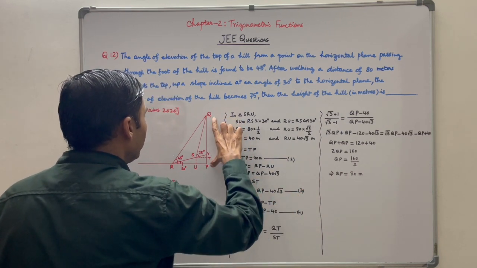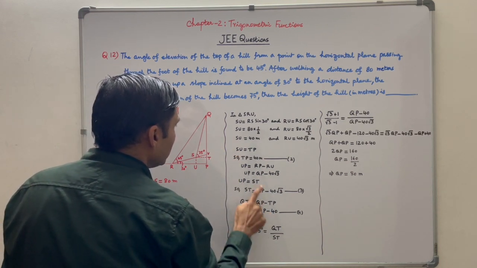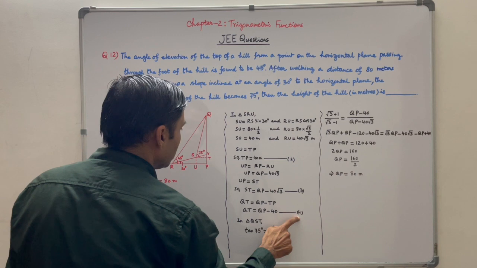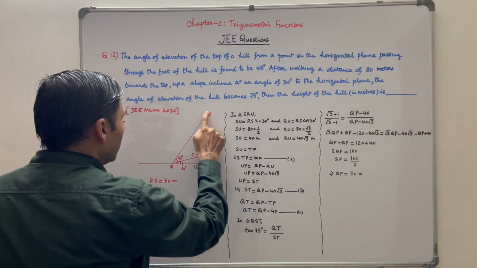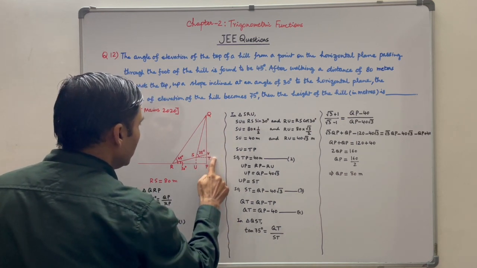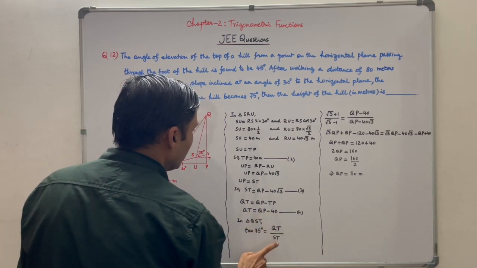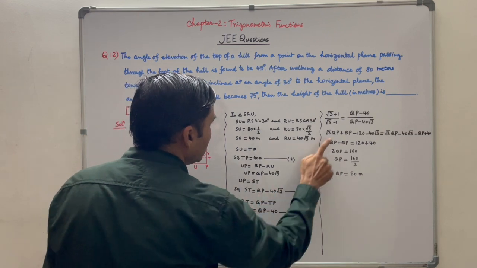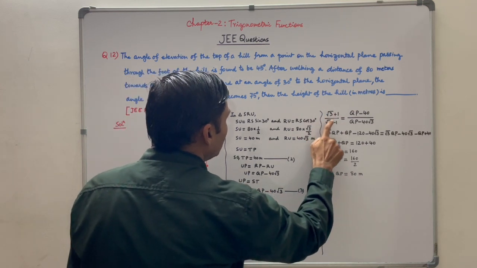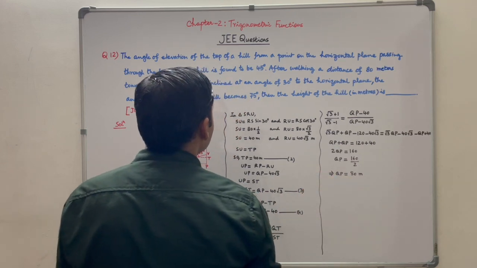QT is equal to QP minus TP, and TP is equal to 40 meter. So QT is equal to QP minus 40. This is our fourth equation. In right angle triangle QST, tan 75 degree is equal to QT upon ST. Value of QT is QP minus 40 and value of ST is QP minus 40 root 3. Value of tan 75 degree we know is (root 3 plus 1) upon (root 3 minus 1). So QP comes out to be 80 meter, and that is our answer.